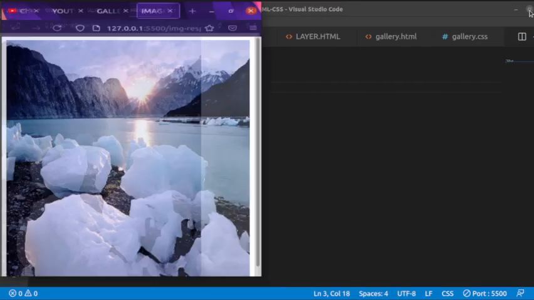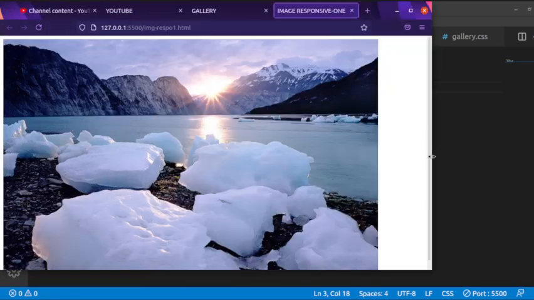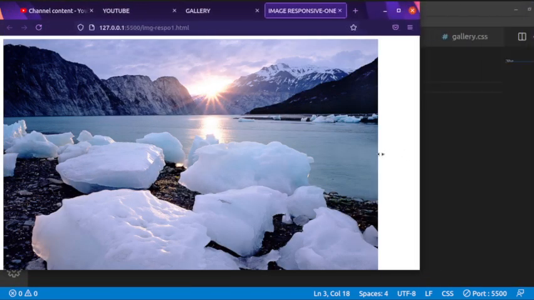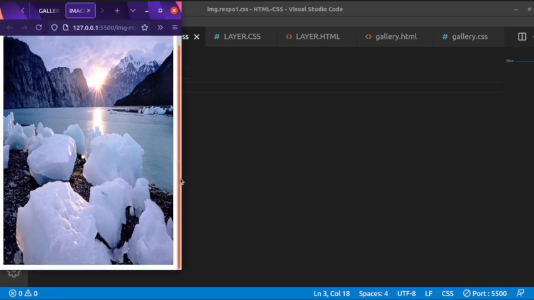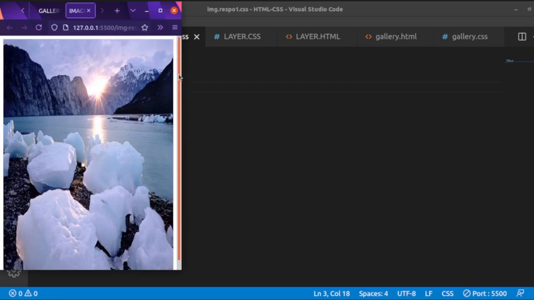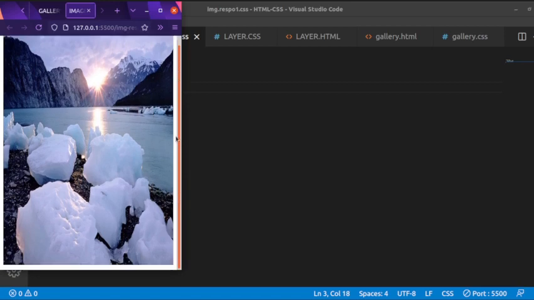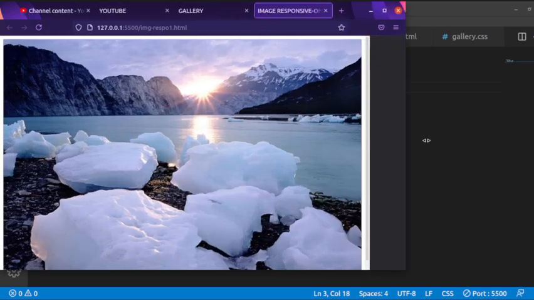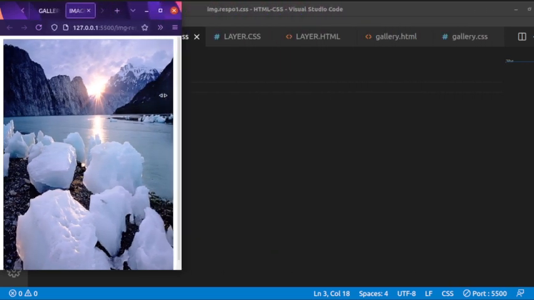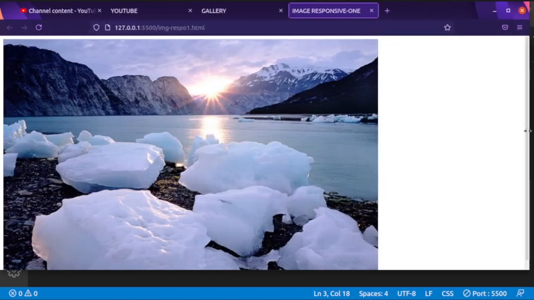If we do the same thing here, then we can reduce the width, but the height keeps on, assuming it was going to be used as a background image, it would still be covering the whole web page. A height of 100 VH for viewport height, even if the width is reducing because of the size that we could be in,